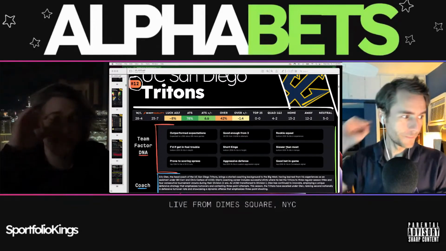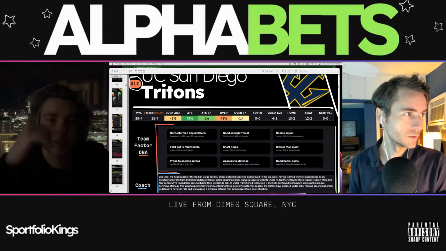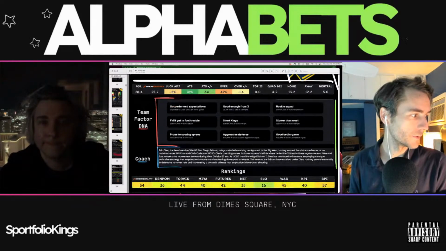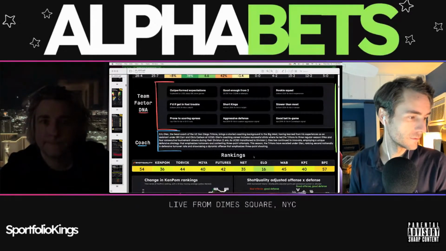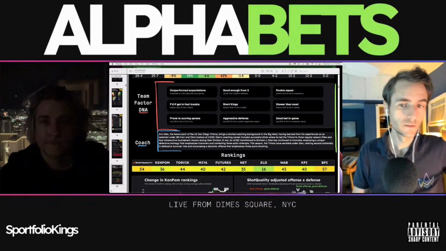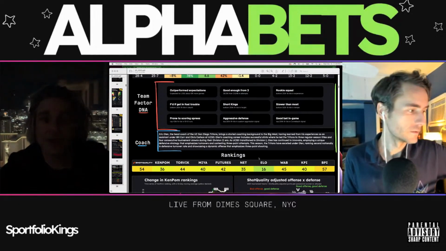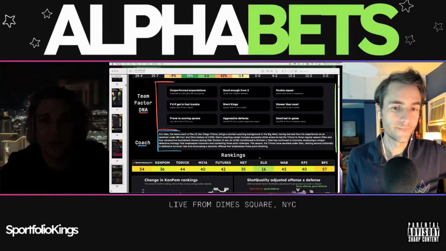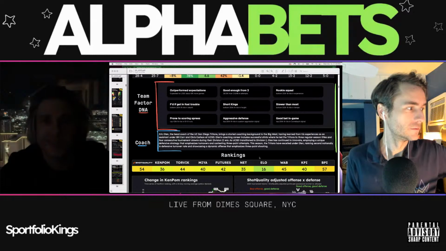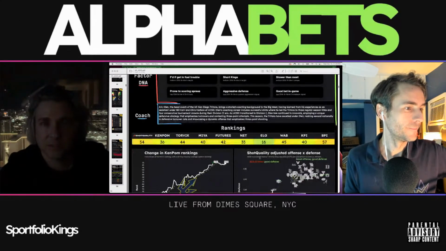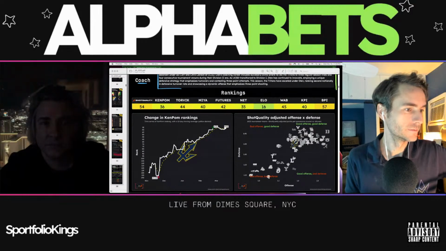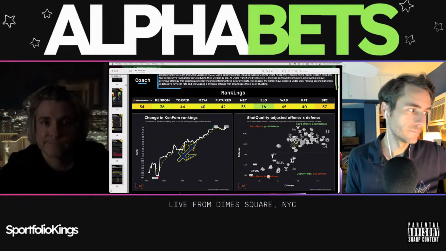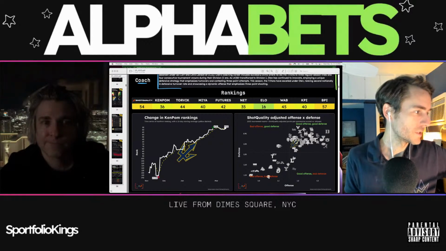Look at UC San Diego's KenPom chart too. Straight up. Oh, where is it? Here we go. Pretty good. I mean, they're better than Michigan. You got UC San Diego here on the offense-defense chart in that top right quadrant with all the good teams. Yeah. Right there with Creighton and Clemson and Georgia, just trending up all season. This is gonna be tough though.